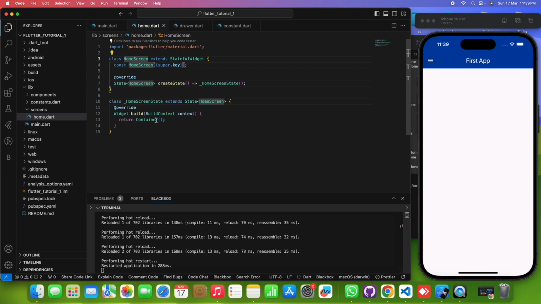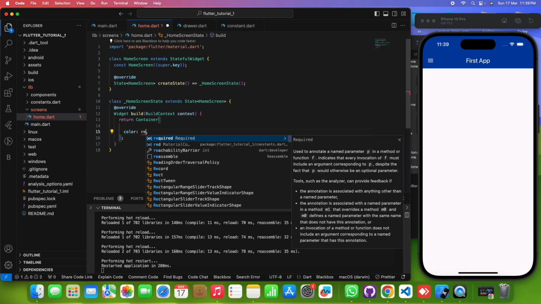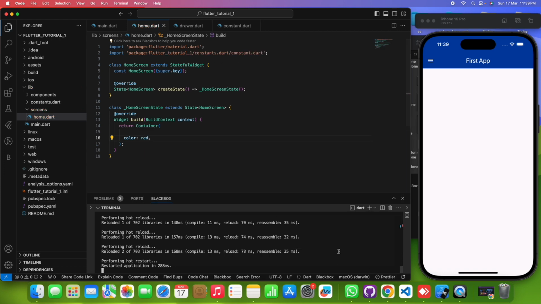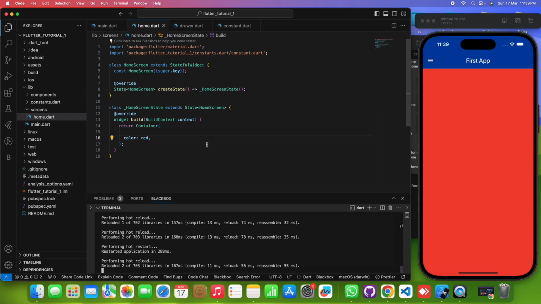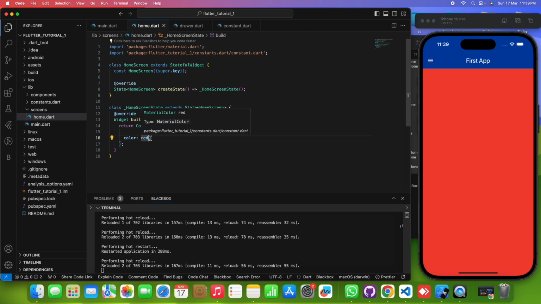Okay, so it's great. If you change the color to red, then it will take effect. Okay, so this is our home screen. What I want on the main screen, we will write here on the home screen. This is whatever we want in the home screen. So in the home screen I want to add here